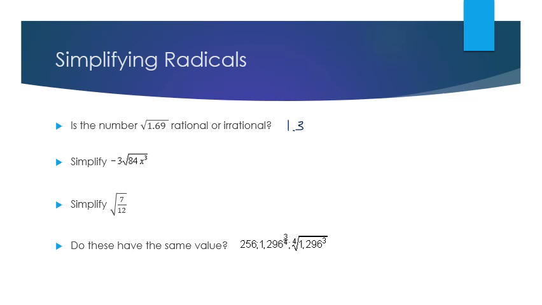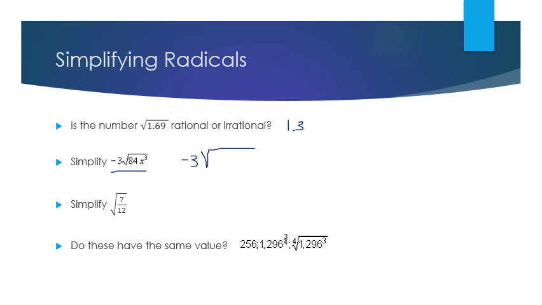And that's the thing that you need to focus on when you're working with radicals. Can you simplify it so that it's more useful to us? Because when things are in the square root bracket, they become cumbersome to work with. So let's say you were asked to simplify -3 times the square root of 84x cubed. I want to take this -3 and leave it alone for a while. And I'm going to start breaking up this 84x cubed